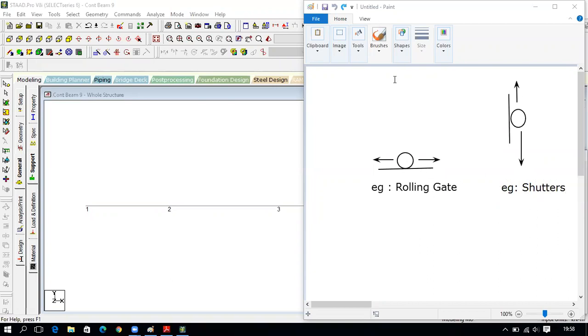But this won't move in this direction and in this direction. Here in this one, it won't move upward or downward.